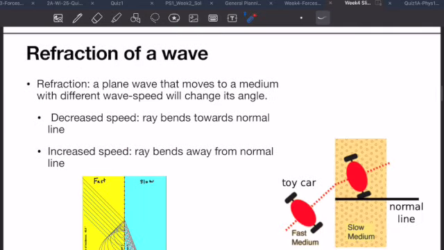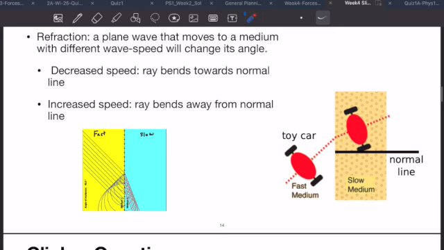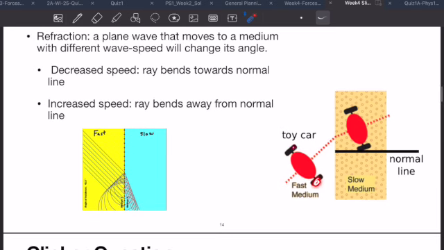So refraction of a wave, the analogy that you can use to come up with the same result that we just saw here is you can think about a toy car. So think about having a toy car that is on some smooth ground. So let's say you are in your kitchen where the floors are tile floors. Okay, so the car is moving pretty smoothly and fast on the tile floors. Let's say you come to the boundary of entering your living room where there's carpet on the floor, where the